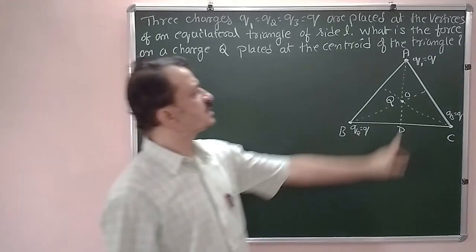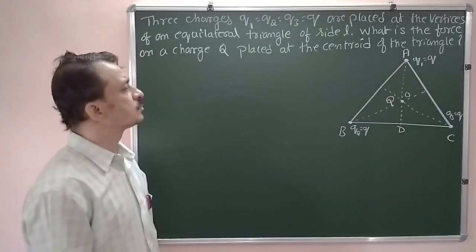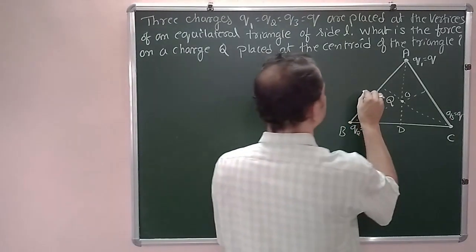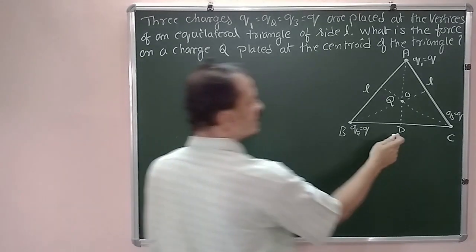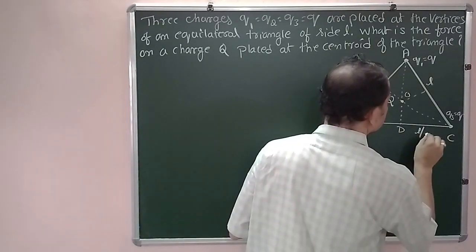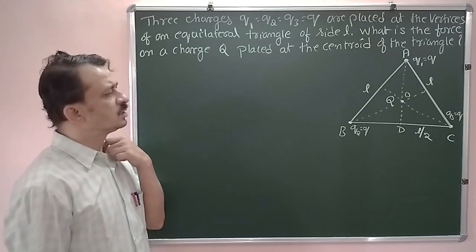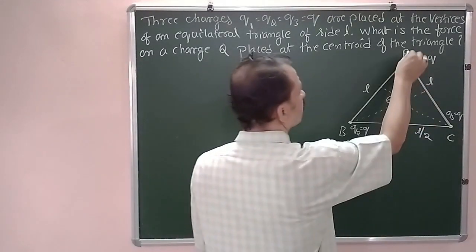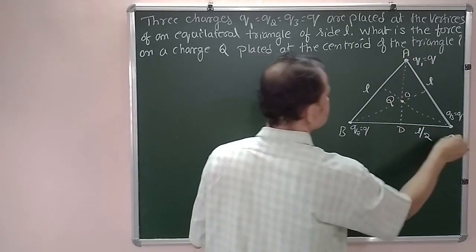In order to find that distance, first we have to calculate what is the distance AD. Now, each side is of length L. Since D is the midpoint, then what is this distance DC? L by 2. Now I have to calculate what is AD, from the right angle triangle ADC,